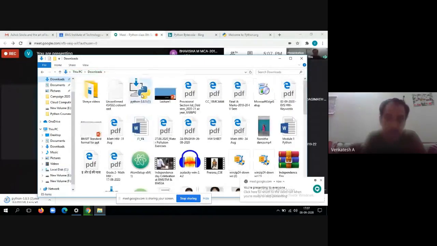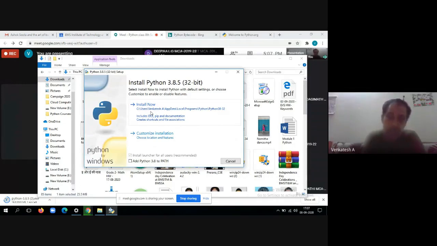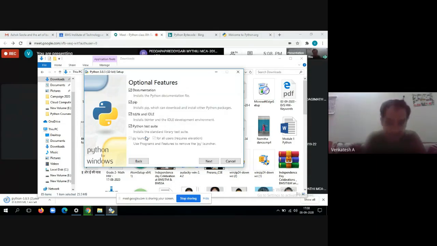Okay, you can see here I have Python 3.8.5. This is the launcher file. So I launch it. It will ask you here: install now or customize installation. It is always better to go for customization so that you will come to know what all the software components are there. Here, don't forget to select this checkbox, add Python 3.8 to PATH. If you do not select this, then after installing Python you may have to set the path explicitly. You have to go to the environment variables and set the path. To overcome that, it is better to select the checkbox here itself and click on customize installation.